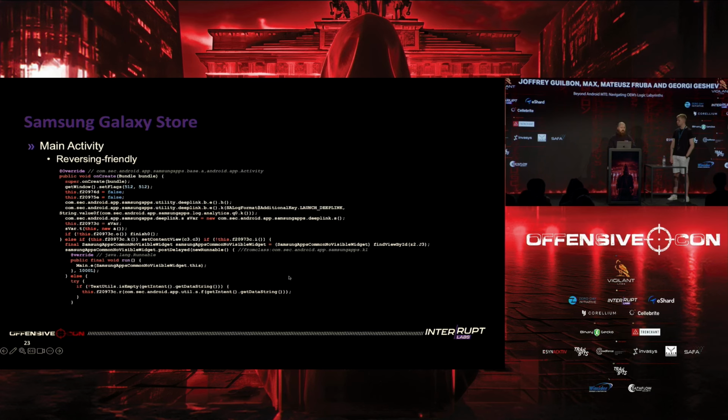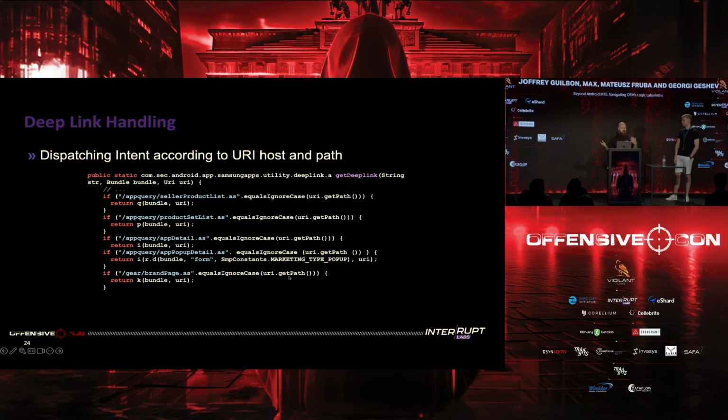But they have left all the debugging strings, so you don't know what this function does. The log string will tell you. That's great. Really nice target. Super reverse friendly. So, you reverse everything, and at some point you discover this dispatching intent method that will just